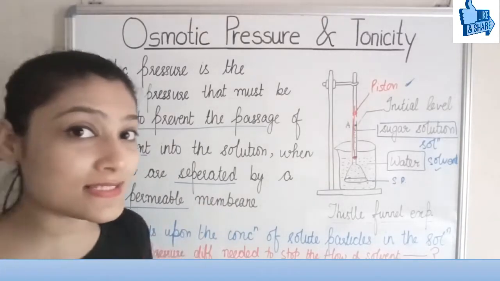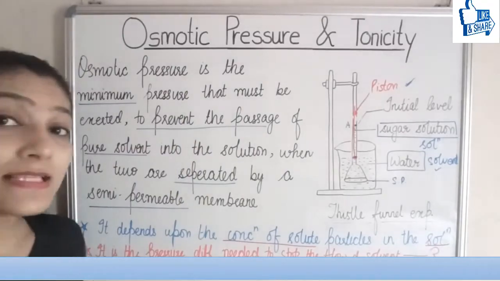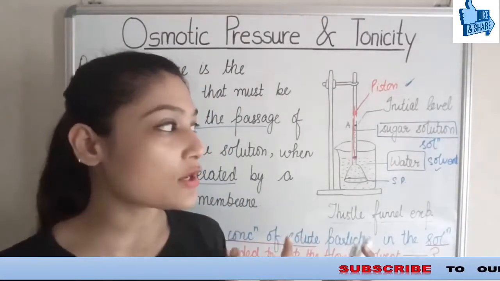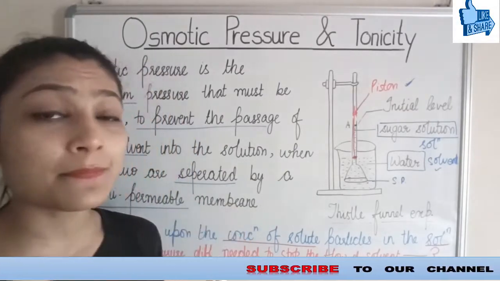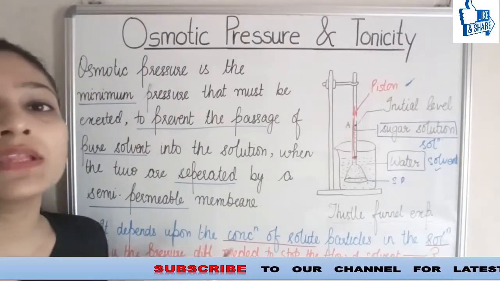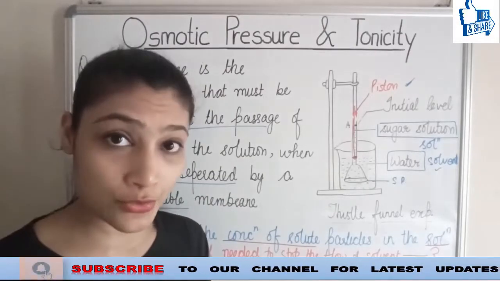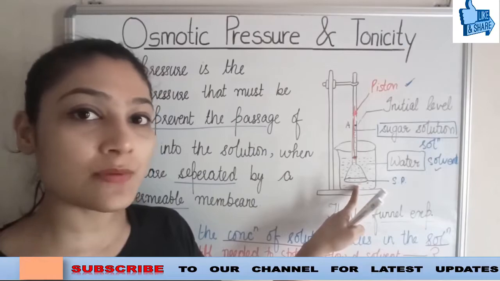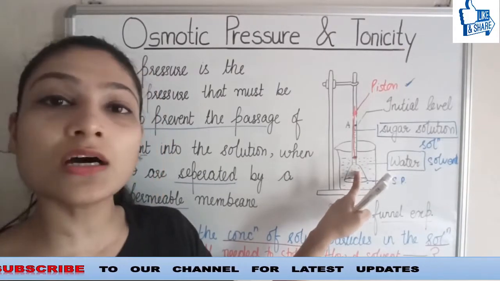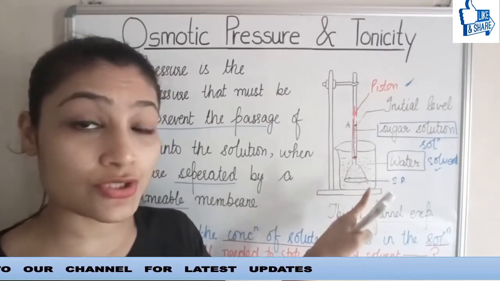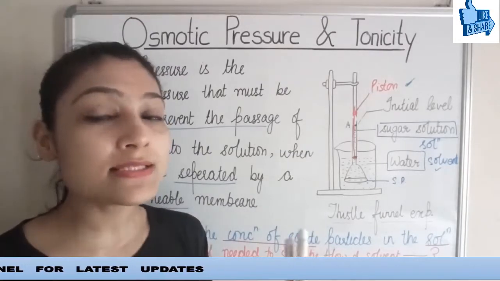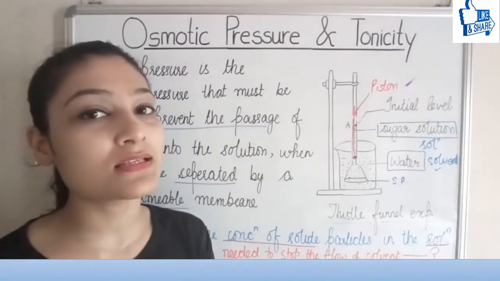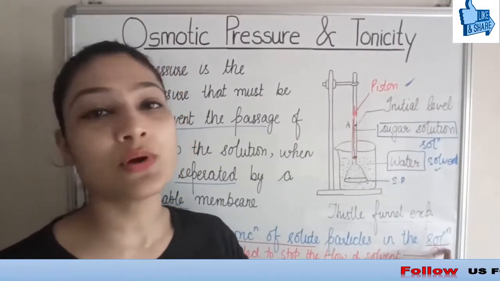I have written the easiest of the definition. Next thing which I have written here is upon which factor this osmotic pressure depends. So the osmotic pressure depends on the concentration of solute. Where will the solute be present? Of course, they are not going to be present in the pure solvent. They will be present in the solution, the sugar solution. So, osmotic pressure is dependent on the concentration of solute which is present in the solution. This you have to remember.